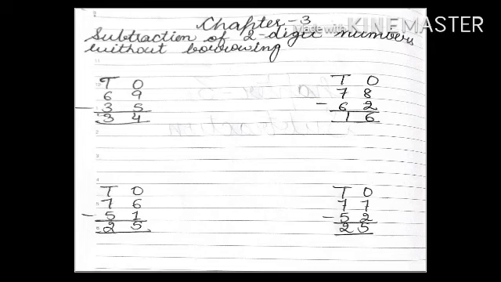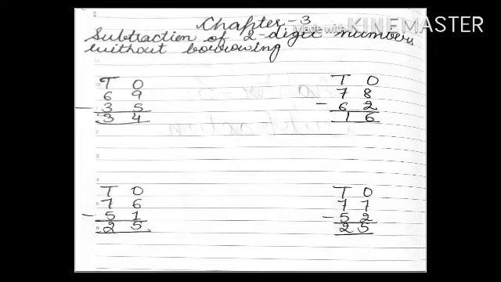Write these 4 statements on page like I have written. Let's do first sum. Look at ones place digits. That is 9 minus 5 is equal to 4. Kids, rough work you will do in rough. And then tens place digits, that is 6 minus 3 is equal to 3. In the same way, you will solve rest 3 sums.